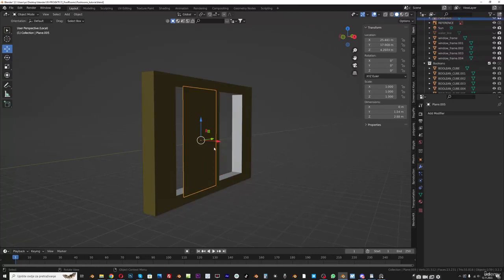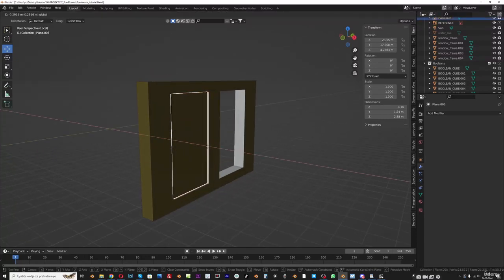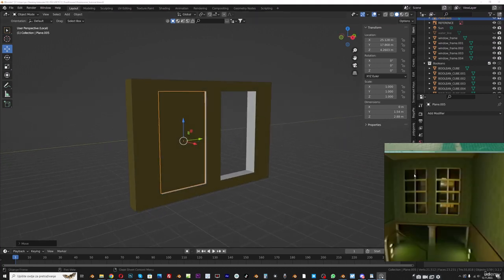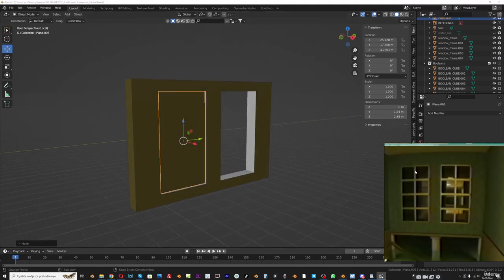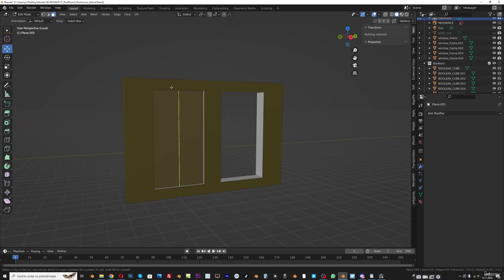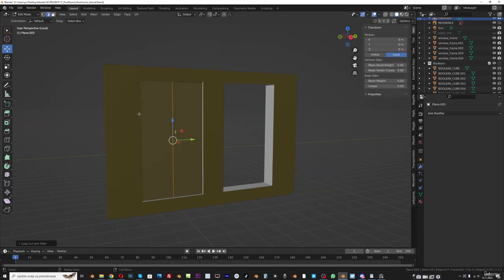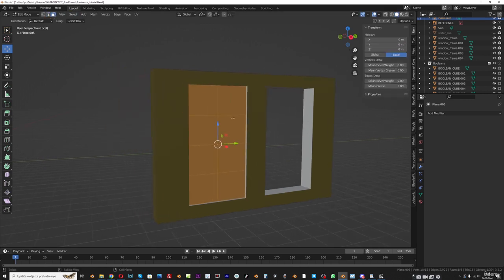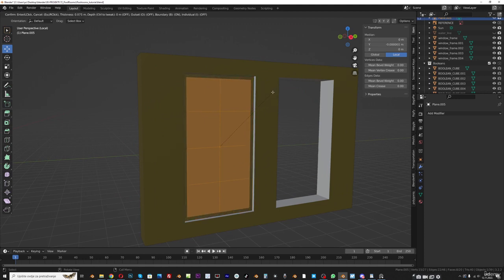And we can now create a window with this plane here. So if you look at the reference, we can see that we have one loop cut on the Z axis and two on the Y axis. And I will go with Ctrl R and scroll the mouse and add three loop cuts here. And now I will press A to select all, and if we press I, we inset this, but we need to inset this on individual origins. So I will press I twice, so I,